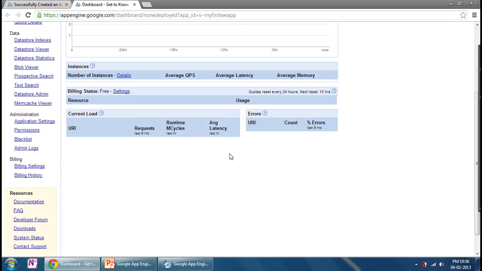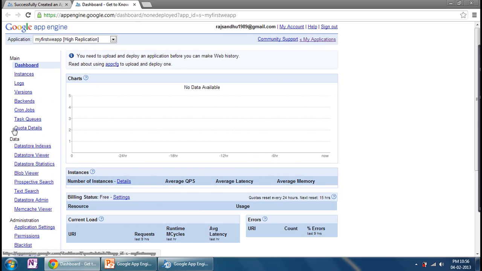These are the number of instances created, average QPS, latency, and average memory used by our web application. Billing status is free because I'm using the free quota. It also shows the resources used, data and task views, and quota details, with options on the left-hand side.